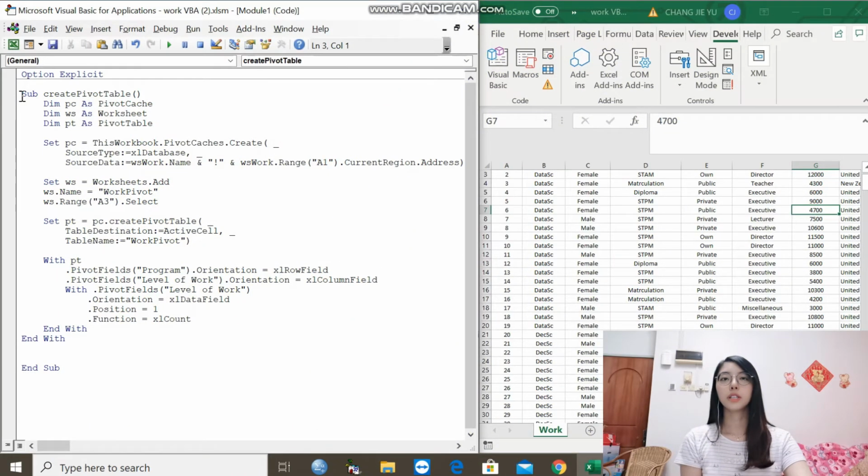To create slicer function, user will first need to create a pivot table. This is because to use the slicer function, we need to obtain the data from the pivot table. Therefore, the pivot table must be run first before we continue to the slicer function. To create a pivot table, first we need to start with sub pivot table, and then we need to